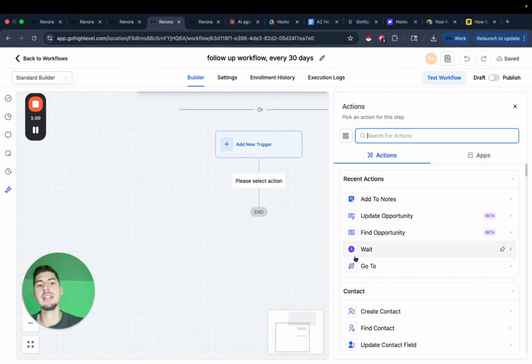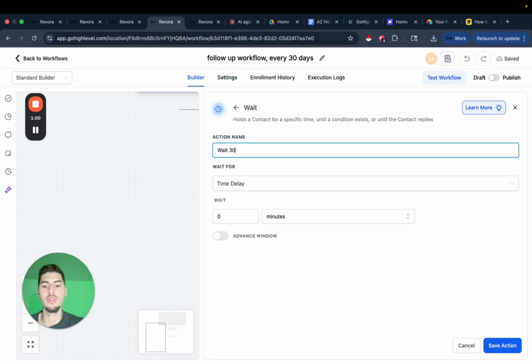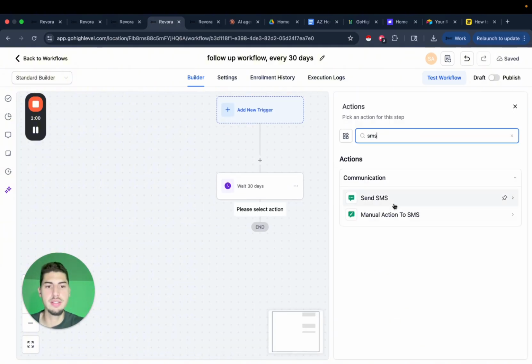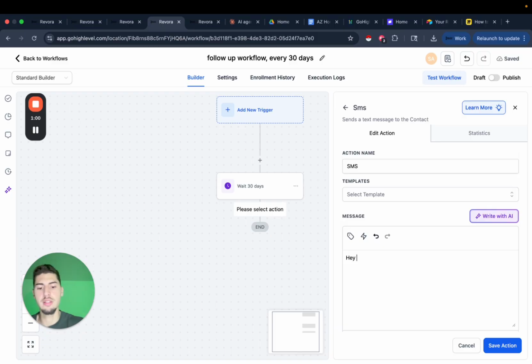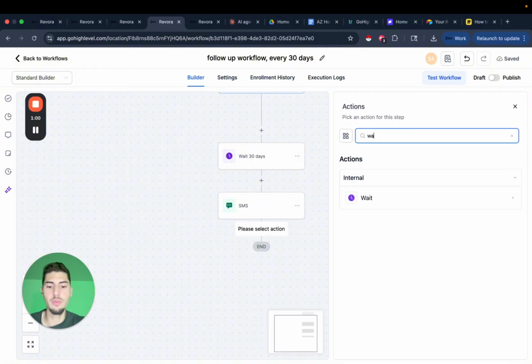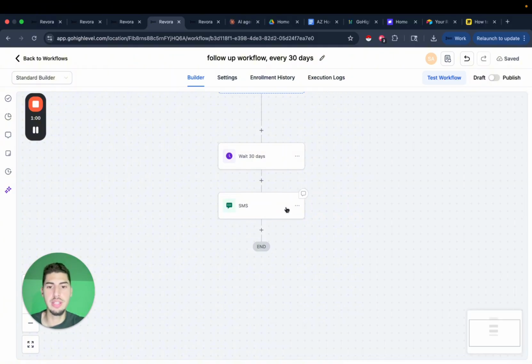And so then here, anytime a lead comes in, we're going to have it wait 30 days. And after it's waited 30 days, we're going to send an SMS. Hey, just wanted to see how things are going. Any new opportunities hit your desk? And we're just checking in. This is the lead for a real estate agent, but you would have your follow-up sequence based on whatever type of leads you work. And then we're going to wait for their response. But the most important thing here, like I mentioned, if you guys remember at the very beginning of the video,